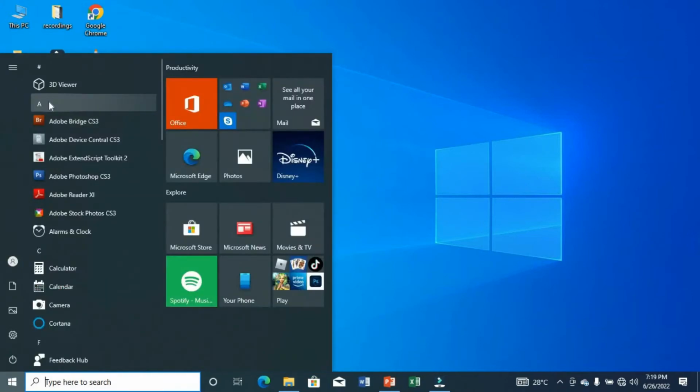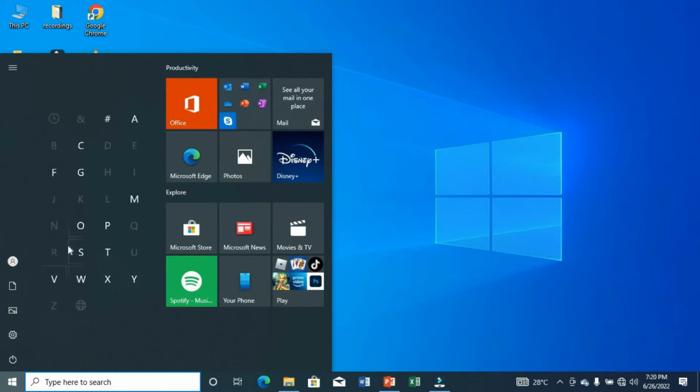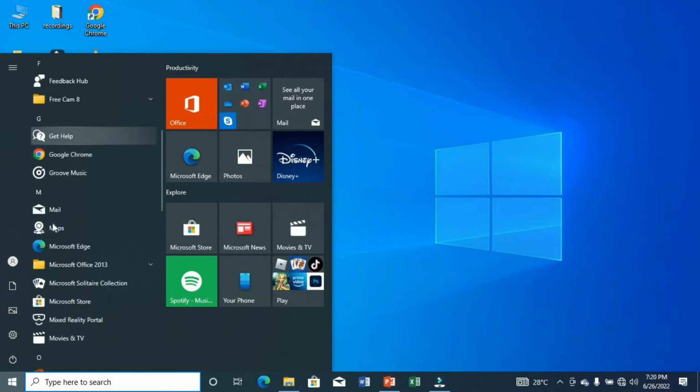We also observe that we have the letter divider, so A, C, F. So whenever you click on these letter dividers, it will take you to the letter panel. So you can just jump into the application very quickly by just clicking the starting letter of the application you need to open. Say suppose I want to open FreeCell, just click on this F, so there it comes